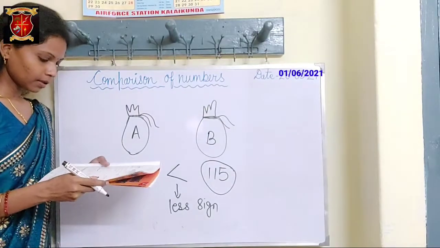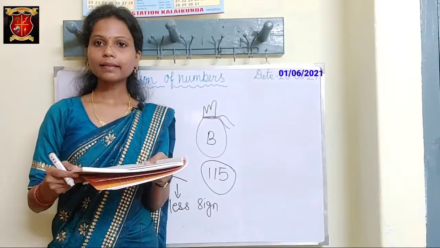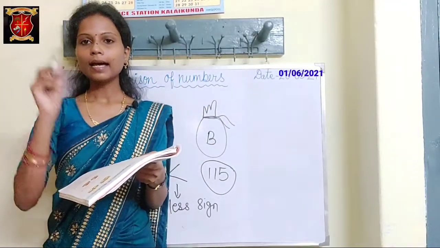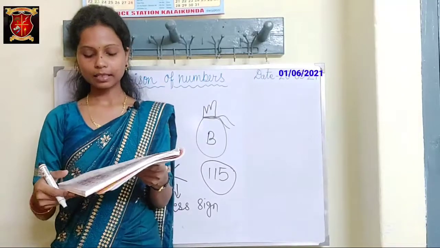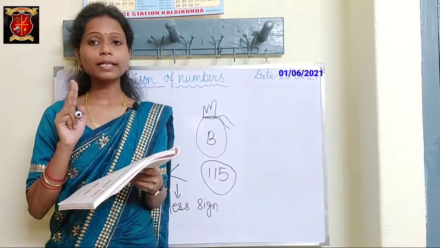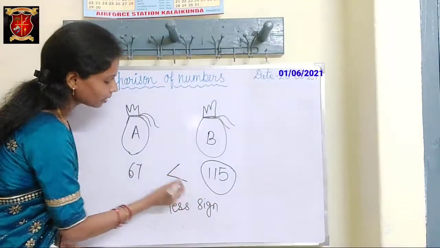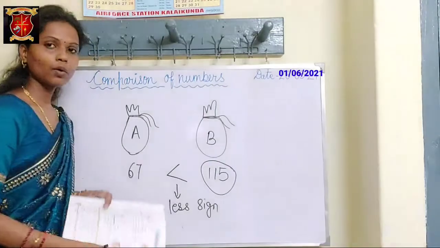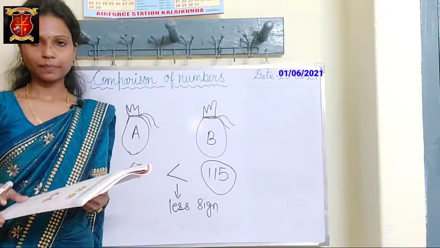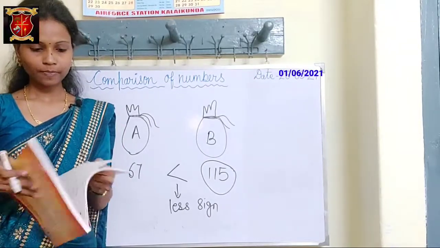Okay. Now the questions are given in the book. Compare the numbers and use the greater than sign and the less than sign. I think you can do it. So keep this in mind. The number which has 3 digits is bigger than 2 digits. Okay. So do it in your book, page number 41. So let's move to the next page.